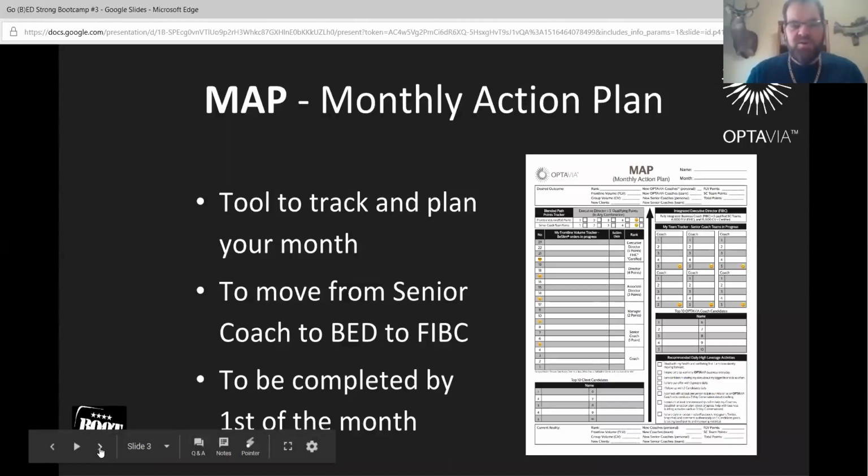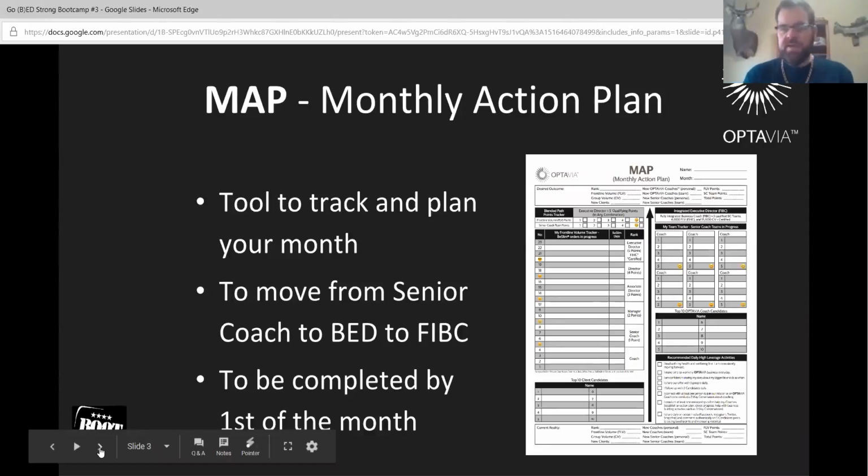All right, we're going to start out with the MAP. If you've just become a senior coach and you're not an ED yet and you're definitely on your way, this may be something brand new for you. MAP is just as it says, the monthly action plan. In that plan, let's go from month to month to know where we started from and where we're going to. It also starts to lay some details out for us for the month.